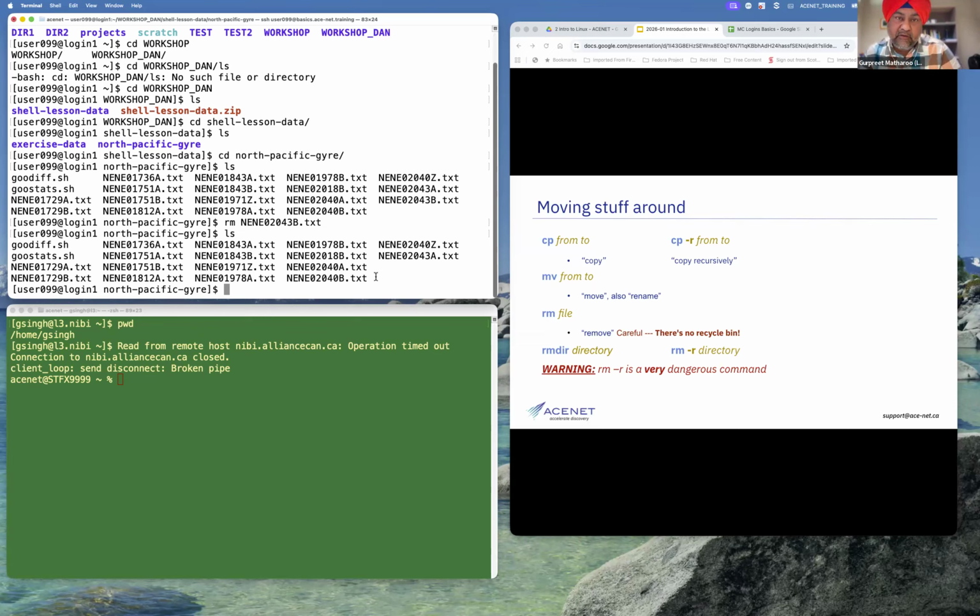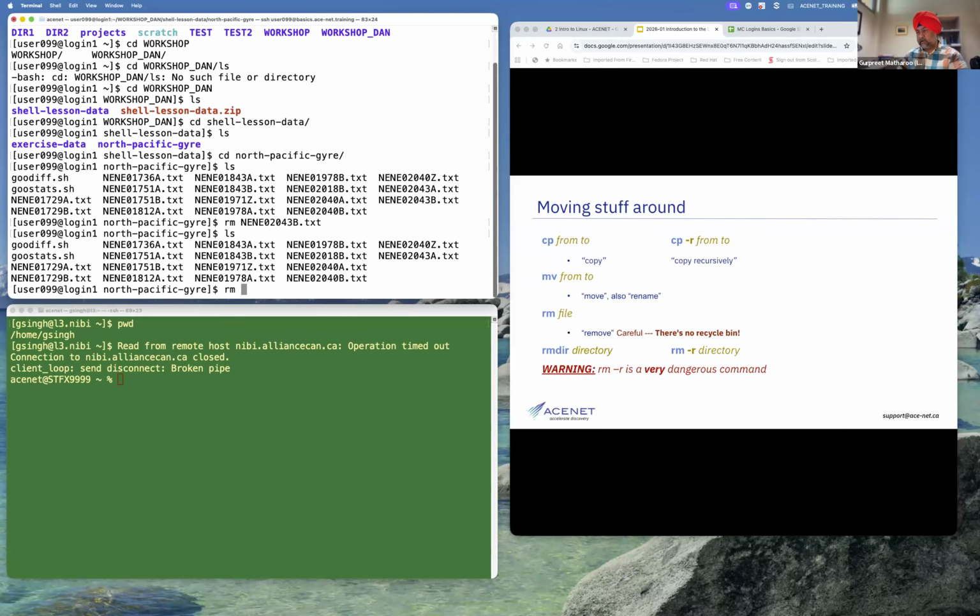rm is a very powerful command in Linux. It will not take anything to a recycle bin. In fact, there is nothing called a recycle bin in Linux. rm will simply delete the file permanently. If you want to use it, and not if, but you probably have to, we all have to use it, make sure whatever you want to delete, you have a backup, then it should be okay. But if you type rm and a file name and press enter, the file will be gone. The only way to recover is to start from scratch.